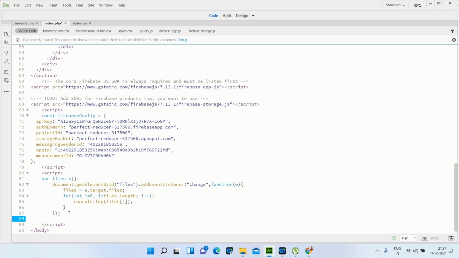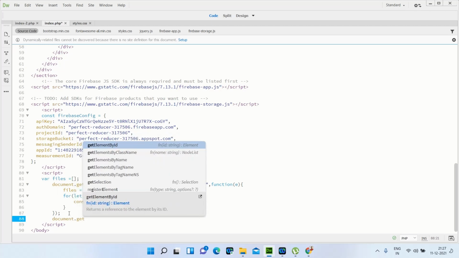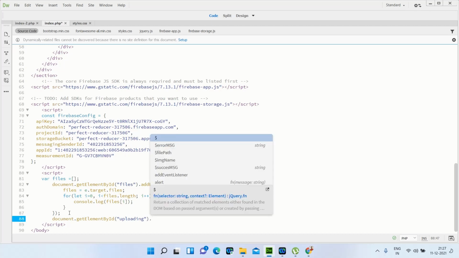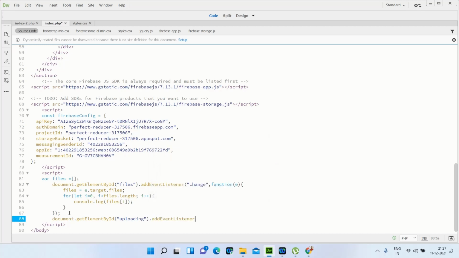Now after that you start document dot getElementById, and on the uploading button, dot addEventListener, and on click we have to upload the file.